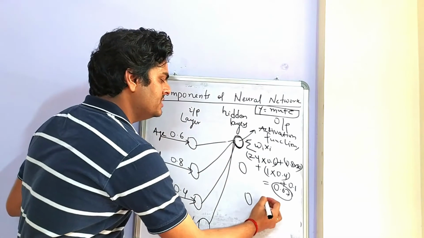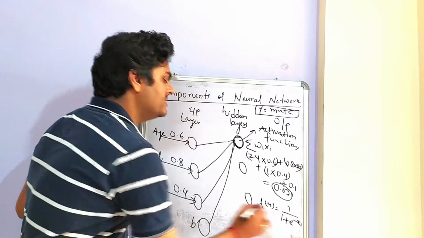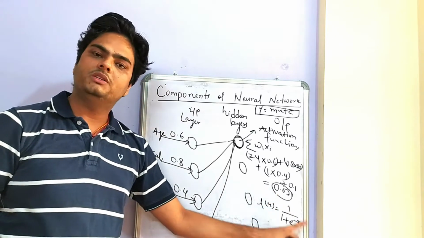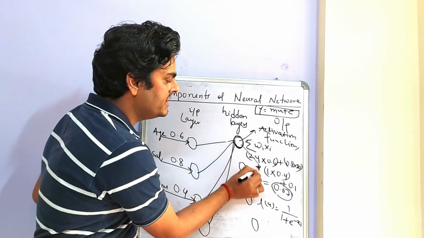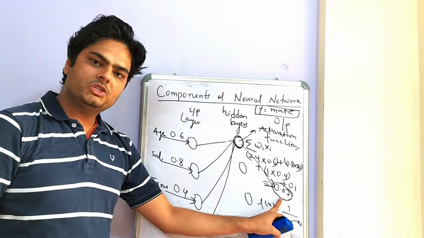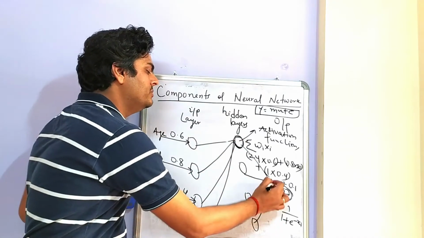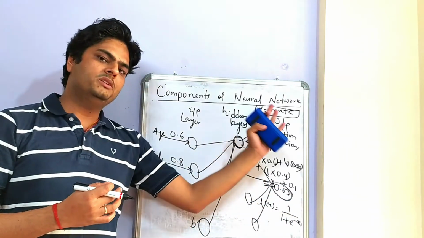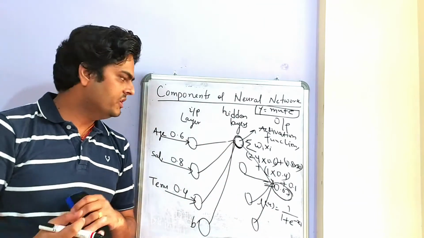Let us say the activation function is of the form f(x) = 1 / (1 + e^(-x)). So in this function, e to the power minus x, this x will be this 0.67. And then the output goes to the next layer. So where is my next layer? Here. Let us say this is my next layer. So it goes here. Similarly, outputs from here, here and here will go to the output layer. And then if it is a classification problem as in our case, then the classifications are made based on some threshold value here.